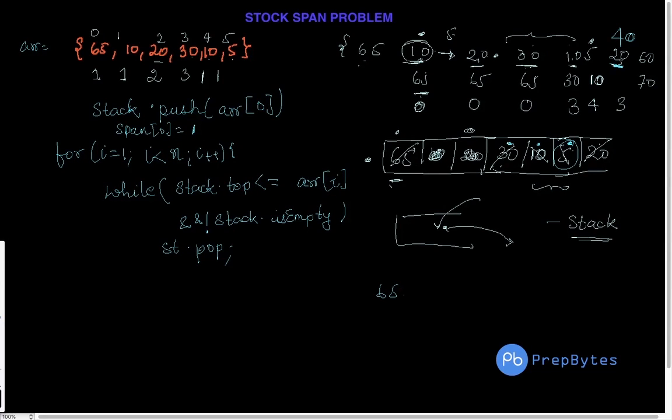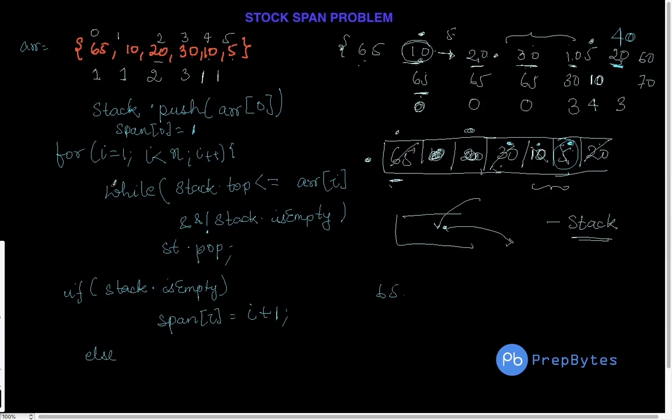Now as we saw, there were two situations. Number one is that there is no greater element on the left. How do I know that there is no greater element on the left? If we are doing the operation and the stack becomes completely empty, that shows that there is no element on the left. So in that case, we'll check that if stack dot is empty, then span of I will be I plus 1, and else it will be simply,